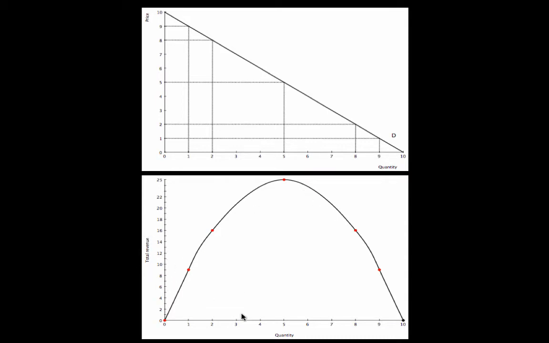This is total revenue over here, and this is quantity. So a price of 9, quantity of 1 gives me total revenue of 9. If I want to sell that next unit, I have to drop the price to 8. But 8 times 2 is 16, so my revenue is going up by doing that. And if I keep lowering the price, I'm going to sell more quantity. And in this region of the demand curve,